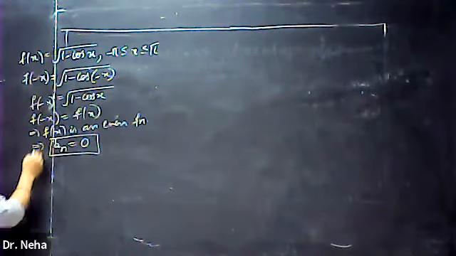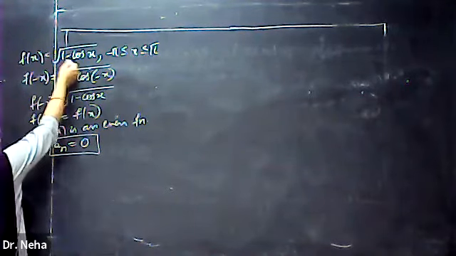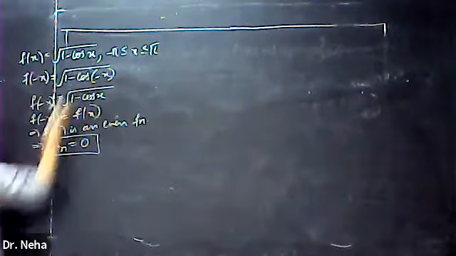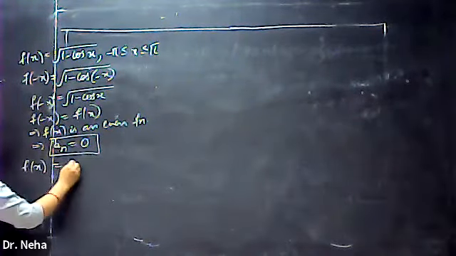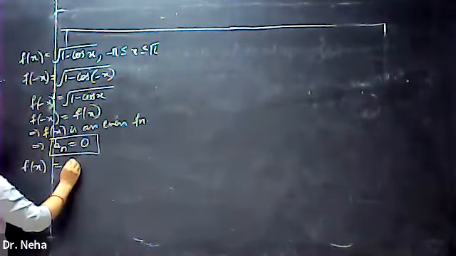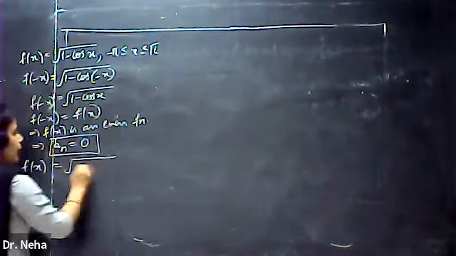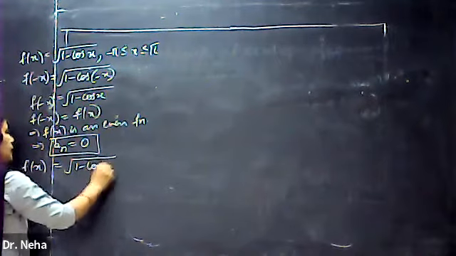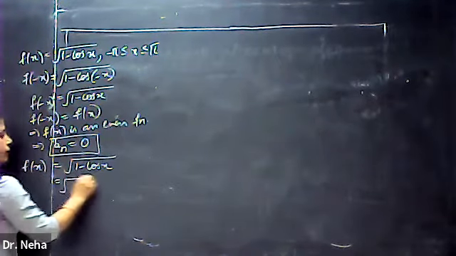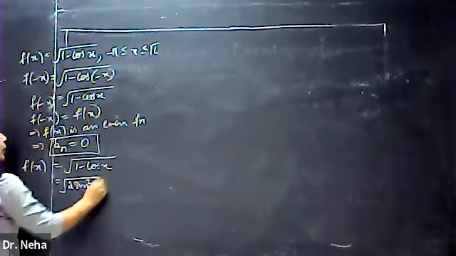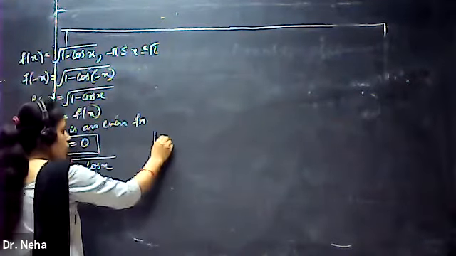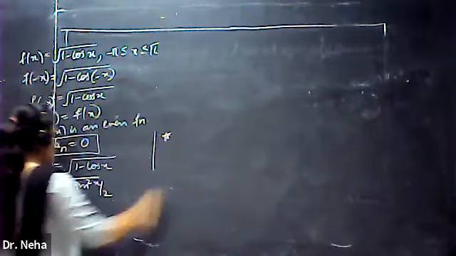Now one more thing, we cannot integrate square root of 1 minus cos x. So firstly, we are going to represent the given function in another form where we can integrate it. How? We have square root of 1 minus cos x. Now we have a result: it is equal to 2 sine square x by 2.